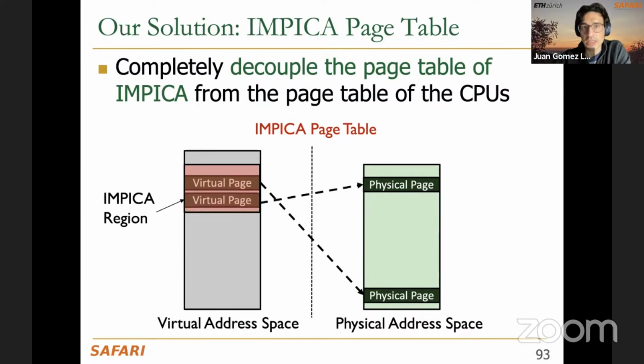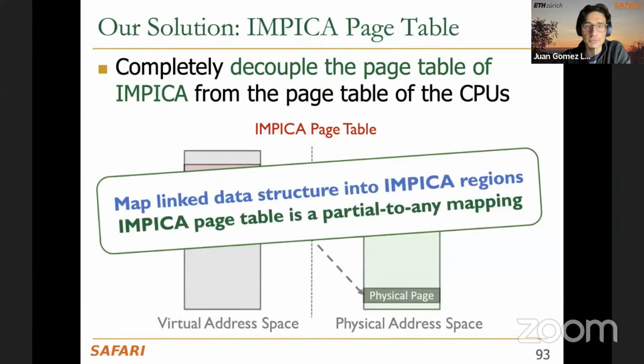So what that means is that all virtual pages that are going to be accessed by the in-Pica accelerator, the in-Pica core, are going to reside in this in-Pica region in the virtual address space, and they can be mapped wherever in the physical address space. So in the end, it is what we call a partial to any mapping, partial because we are not considering the whole virtual address space, but just a region of it that is assigned to the